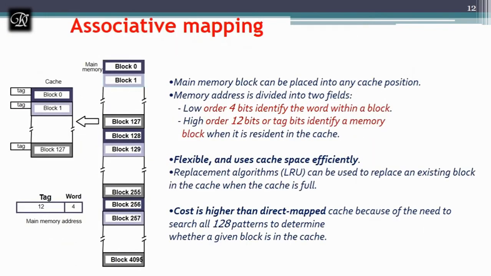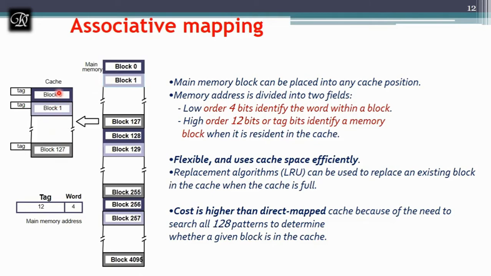The drawback of direct mapping is overcome by associative mapping, so for the same configuration that I have discussed, here we are going to use associative mapping. Associative mapping is not like direct mapping. Here we don't use any technique called modulus to decide where to place the block from main memory into cache. The associative mapping goes with the technique where it finds an empty space from 0 to n in the cache, and stores the blocks.